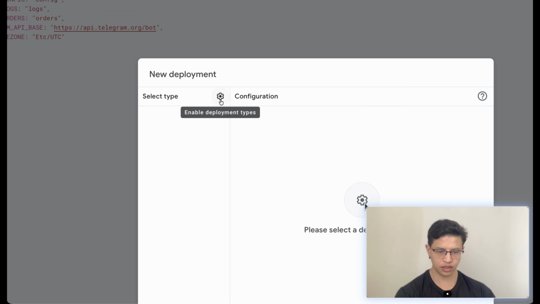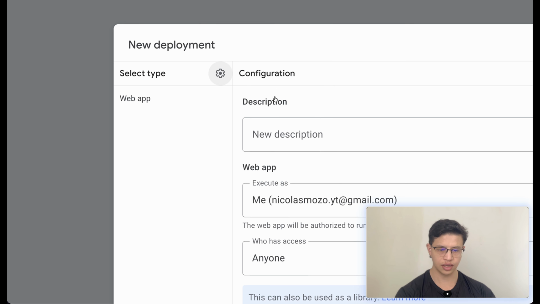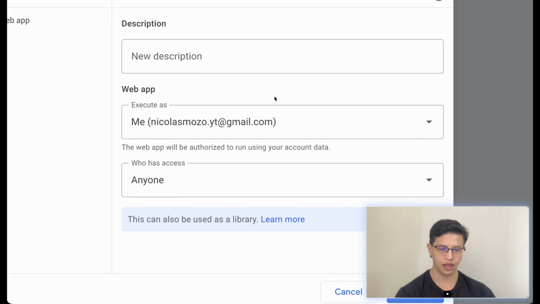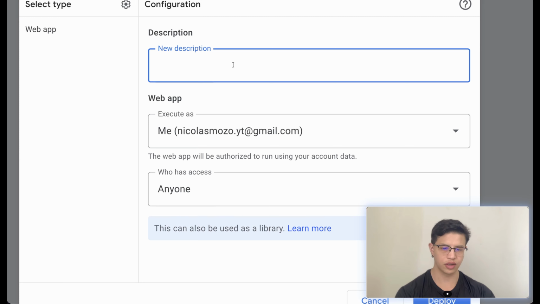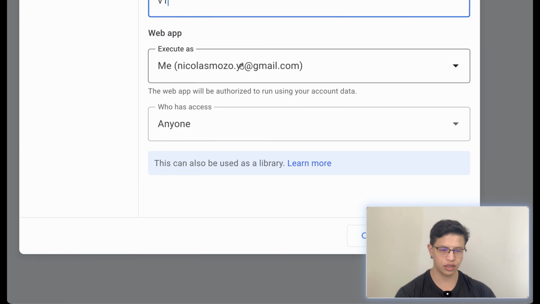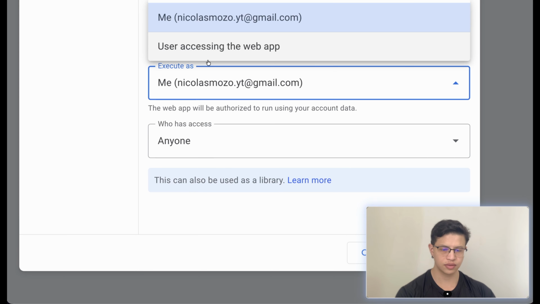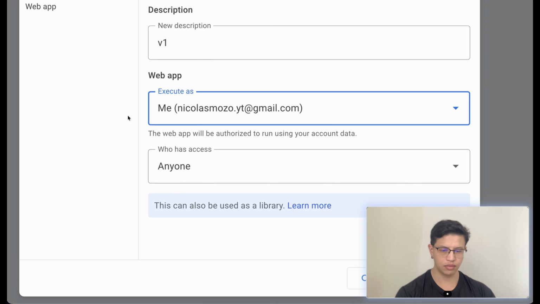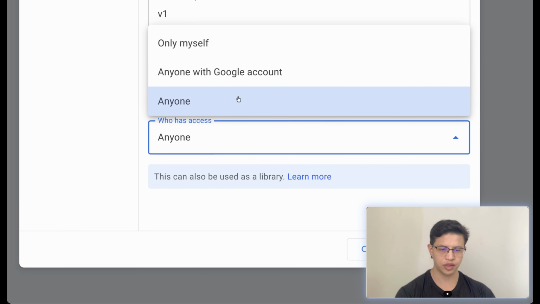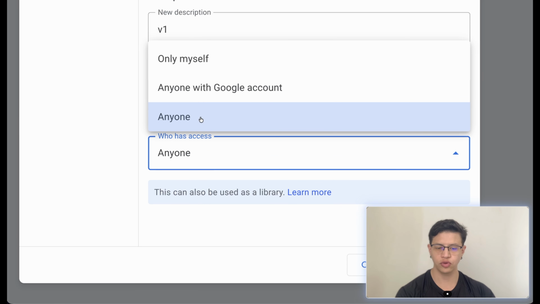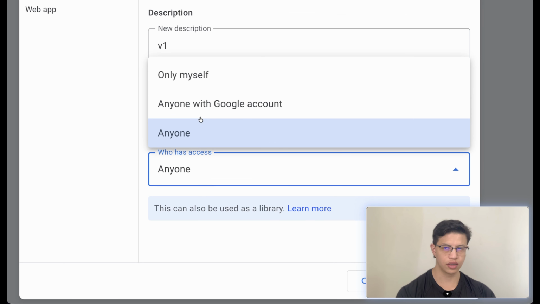Then you select this little gear here and you select web app, right? And the idea here is that you just get a name, right? So we can be like version 1, and then you select this part, execute as. You can select the email that you have. And then this part is important, right? So just make sure you put here anyone,